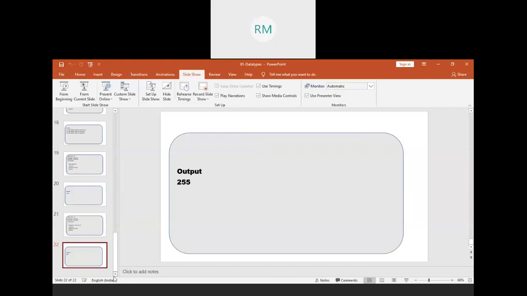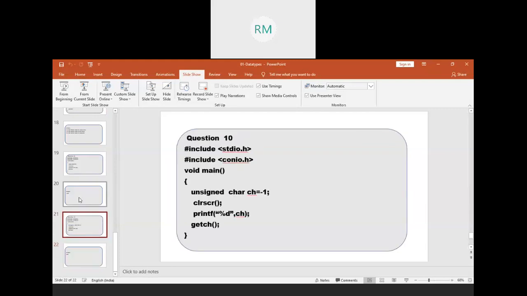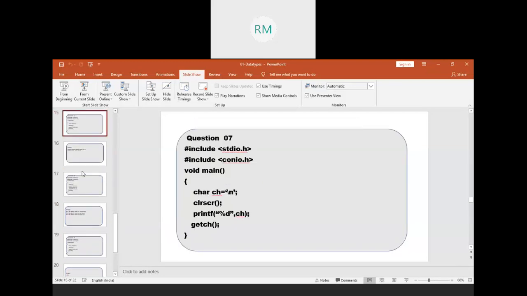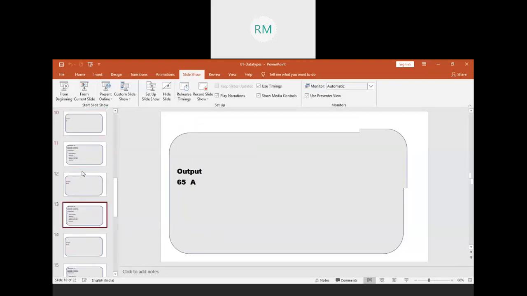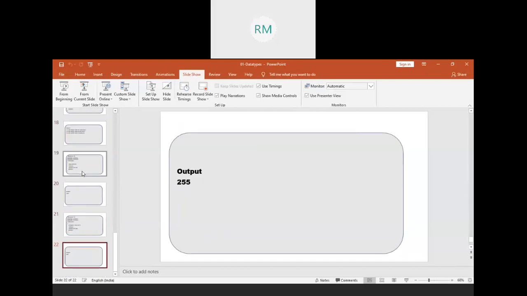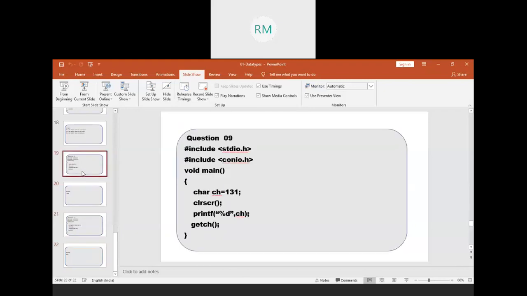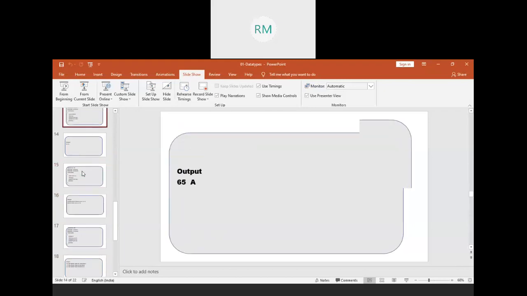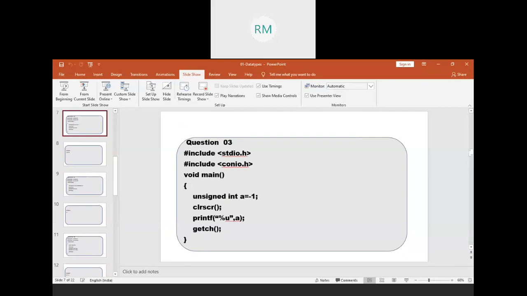So that is about the primitive data types, and these are logical questions very frequently asked in company recruitments and interviews. Simply they give you a code and ask what will be the output, with characters and their ASCII values. These are the logical questions asked in many programming examinations.